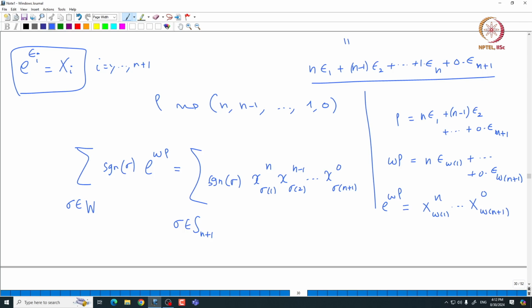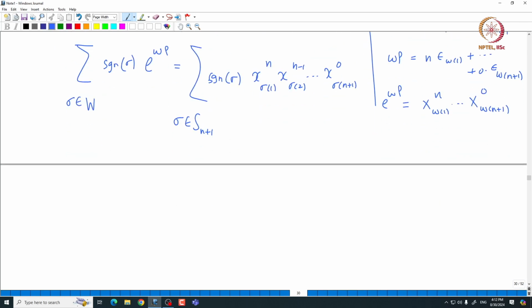So, this is what you get, but if you think about it, this is the determinant of x i power n minus j. Now if you use the determinant formula, because everything is given in terms of this alternating sum, you can see that this is exactly equal to